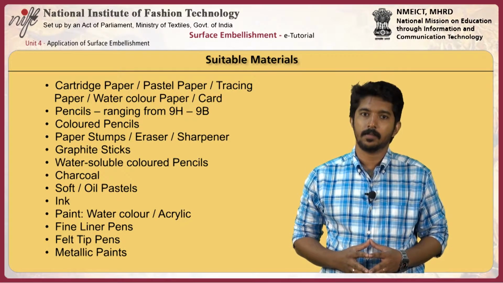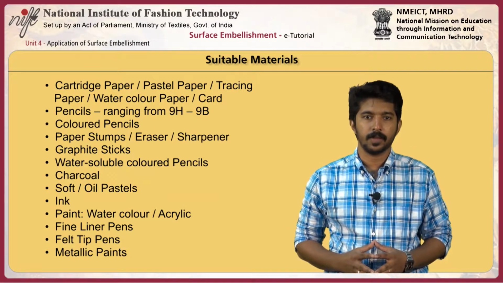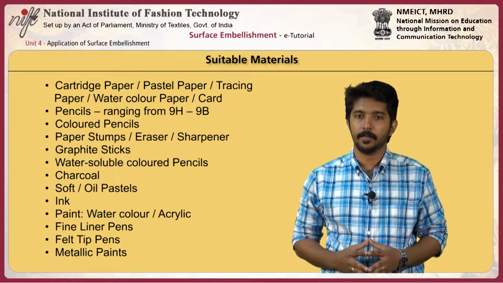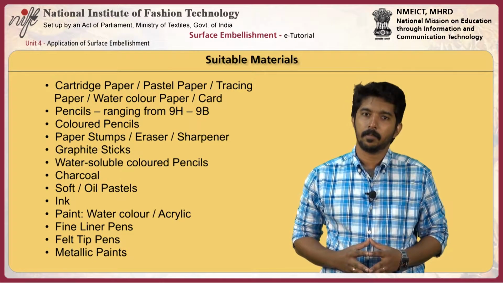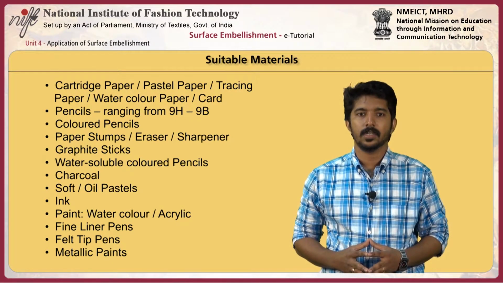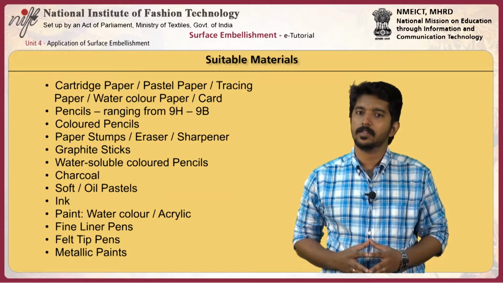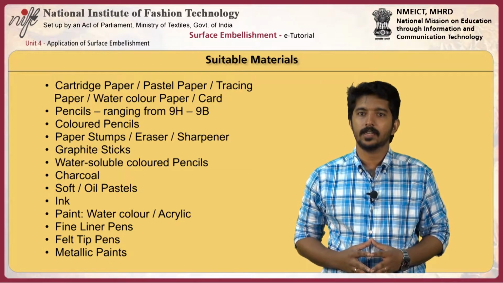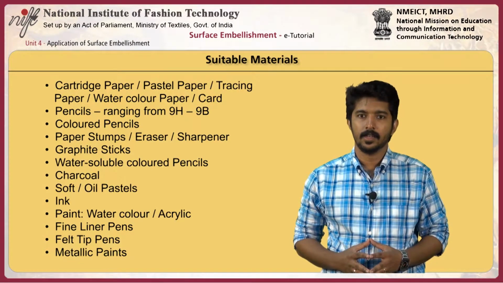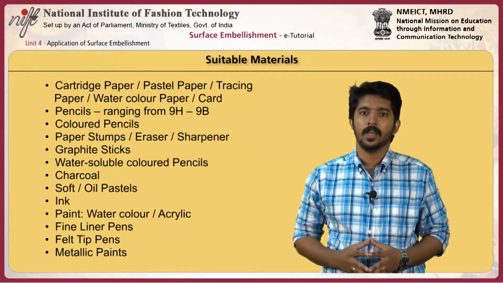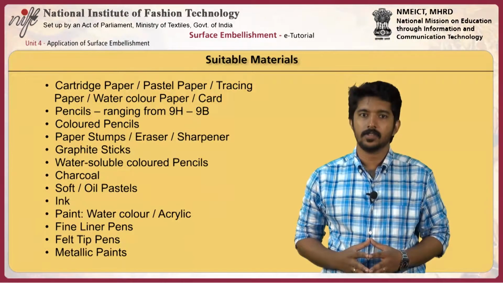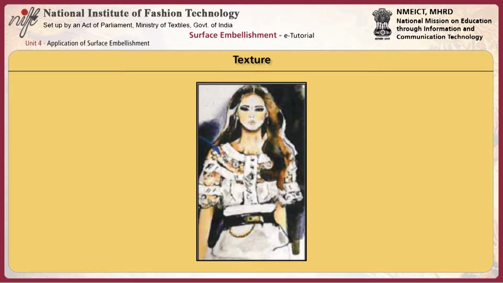Cartridge paper, pastel paper, tracing paper, watercolor paper, cards, pencils ranging from 9H to 9B, colored pencils, paper stamps, eraser, sharpener, graphic sticks, water soluble and color pencils, charcoal, soft or oil pastels, ink, paint, watercolor or acrylic, fine liner pens, felt tip pens, metallic paints, glitter pens, beads, sequins, threads, woolen yarns. Texture describes the tactile quality of a